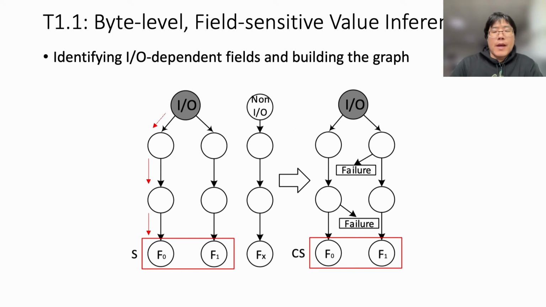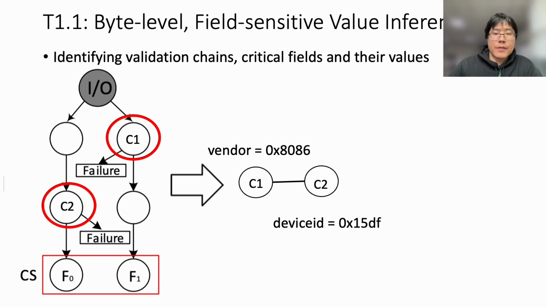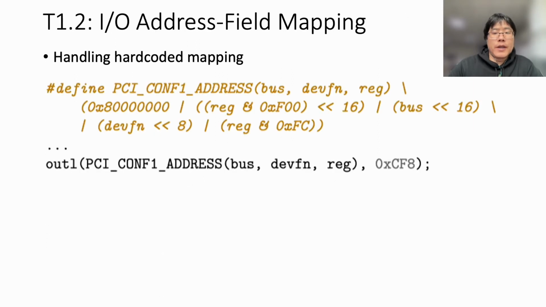On this basis, the I/O dependency graph is constructed. Then we collect the constraints in the validation chain through the I/O dependency graph. There are two constraints, C1 and C2, in this figure. Through these constraints, we can know that when accessing a certain address of the device, the value that needs to be returned is